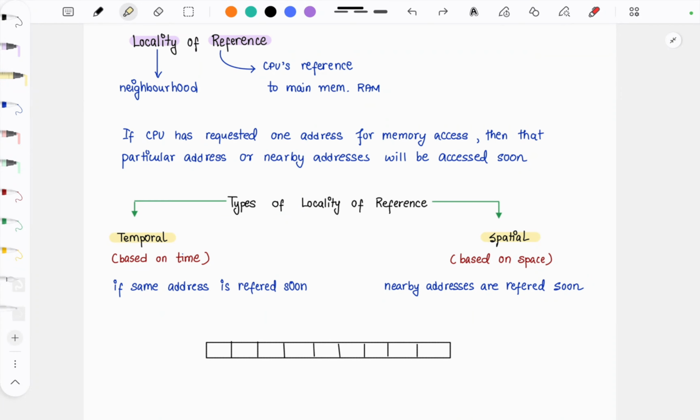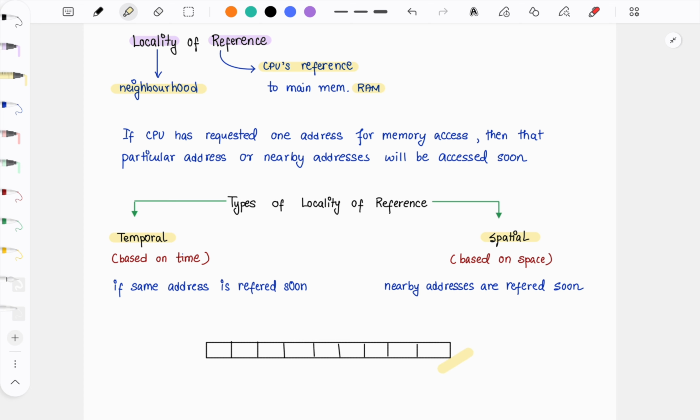So today we will learn about locality of reference. As the name suggests, locality means neighborhood and reference is the CPU's reference made to the main memory. Here we will consider it as RAM. This is one RAM. It actually means whenever a CPU is making a request in order to fetch some data